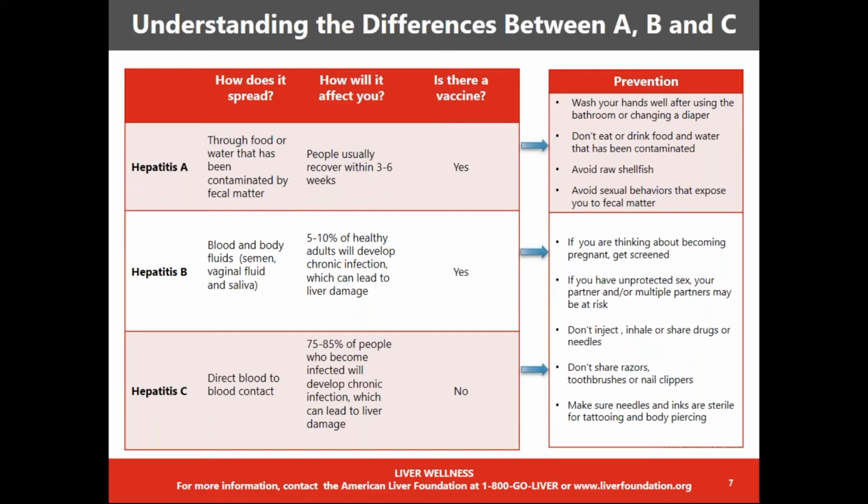So sometimes, do I have hepatitis A or do I have food poisoning? But if you're vaccinated, chances are you're not going to get Hep A. If you get sick or have any of these symptoms, it might be food poisoning. So there is a vaccine for hepatitis A, but if you aren't vaccinated and you come in contact with hepatitis A, you will probably have it for about 3 to 6 weeks. It kind of hits you hard and heavy at first. The person may have a lot of diarrhea,